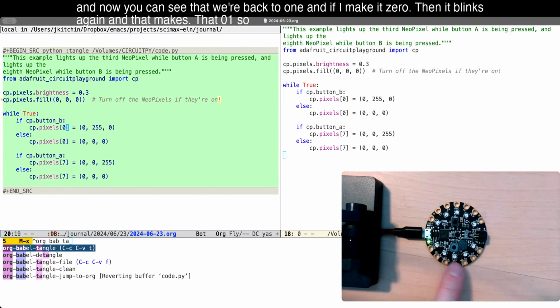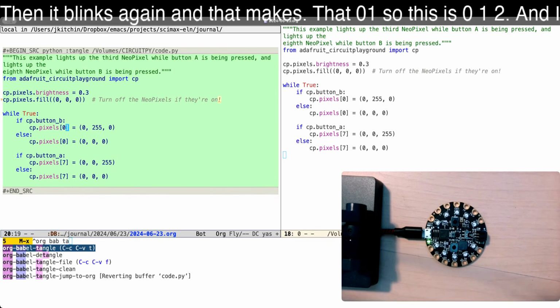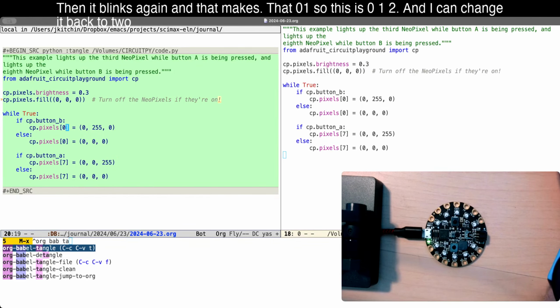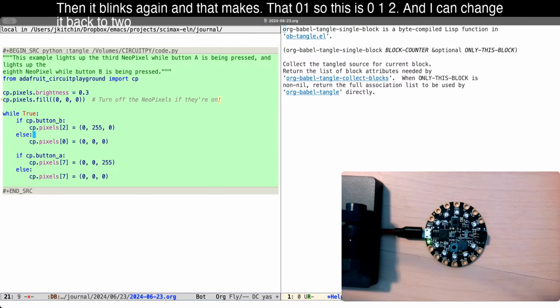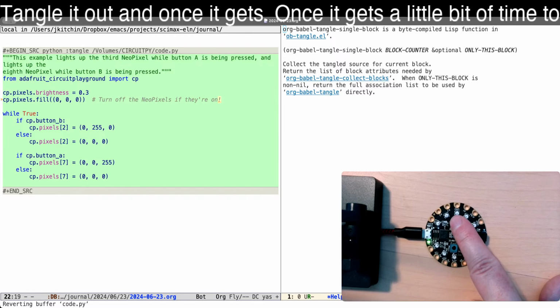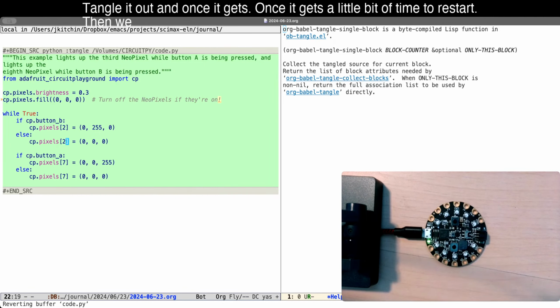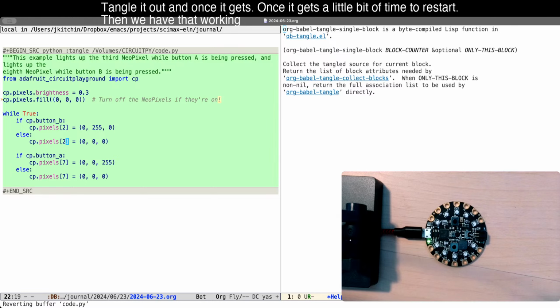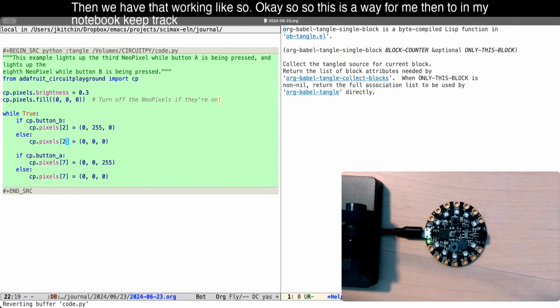So this is 0, 1, 2, and I can change it back to 2. Tangle it out, and once it gets a little bit of time to restart, then we have that working like so. Okay, so this is a way for me then to, in my notebook, keep track of